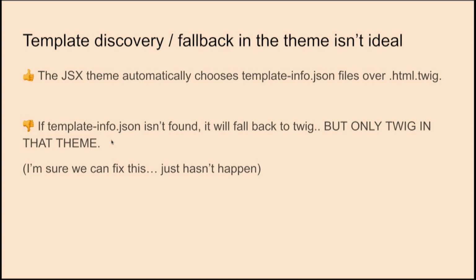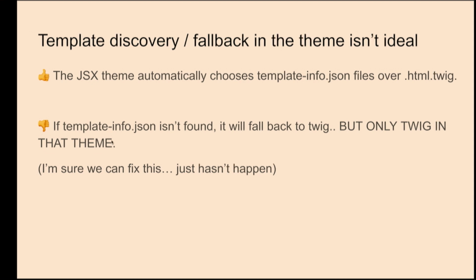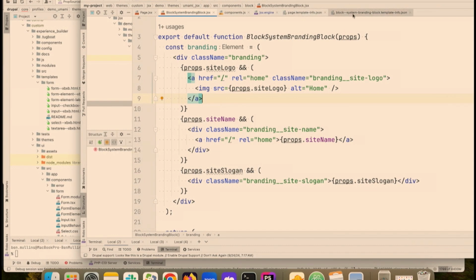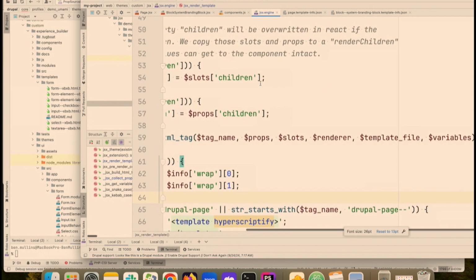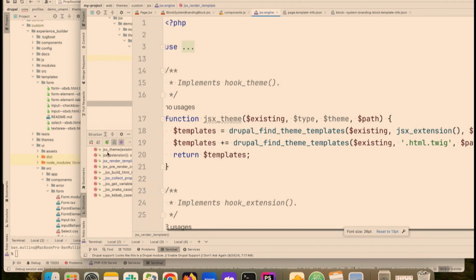So in the 2 different approaches, there are 2 different problems. With the JSX theme, it'll simply look. So let's say you had block.html.twig. If you have block.templateinfo.json, it automatically uses that instead. And that's great. But the problem is that the discovery, once at the stage where that discovery is happening, let me just show you what's going on. At the stage where the discovery is happening,